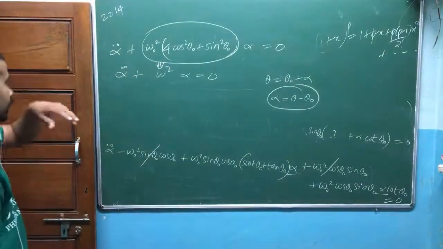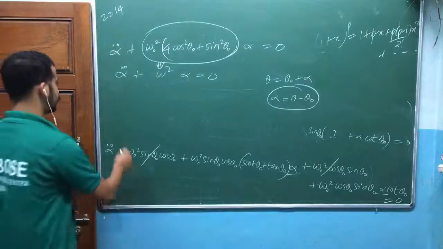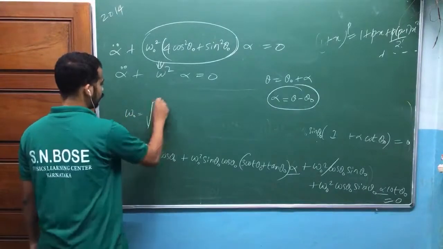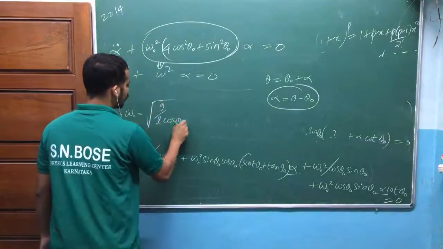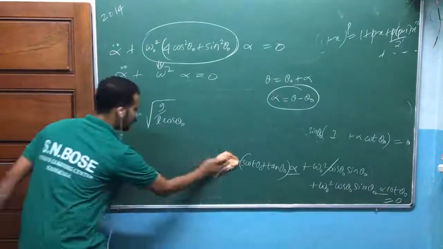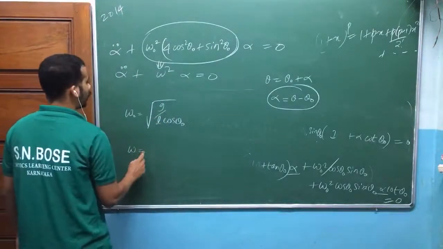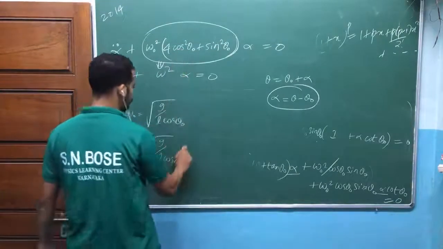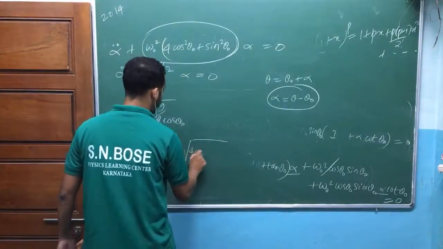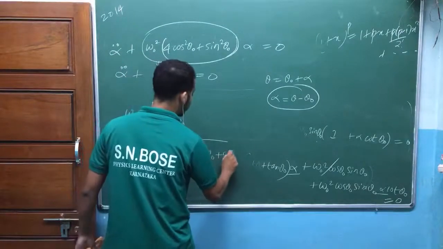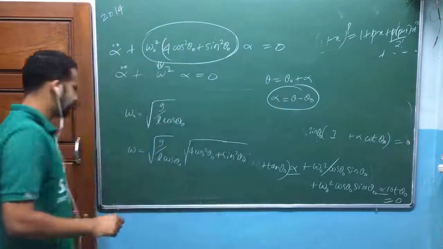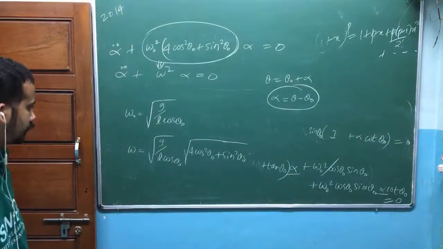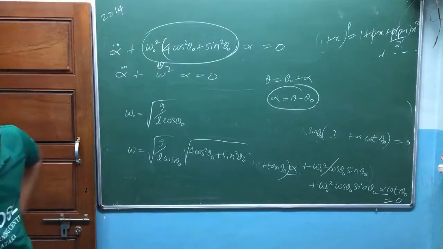Now you better write the last step. What is that omega naught? Anyone speak? Omega naught is equal to, speak out, g by L cos theta naught, am I right? Now this omega is nothing but omega naught root of g by L cos theta naught multiplied with root of this one, root of 4 cos square theta naught plus sin square theta naught. You better manipulate this equation. Any way of manipulating this equation?